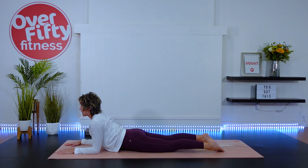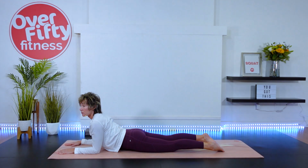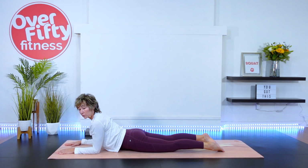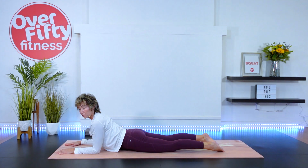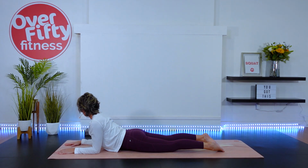Gaze is straight ahead now. Slowly look over the left shoulder, center, other shoulder. One more time, each shoulder. Gaze is forward,